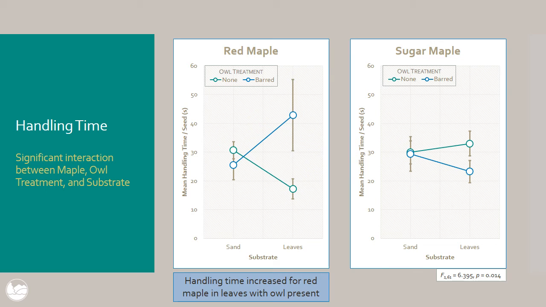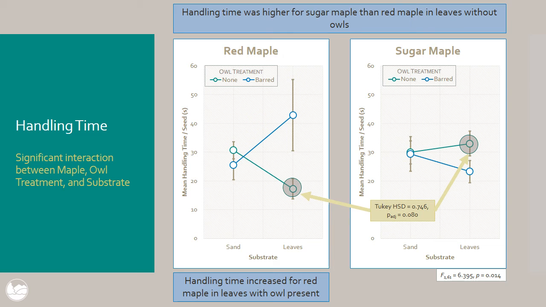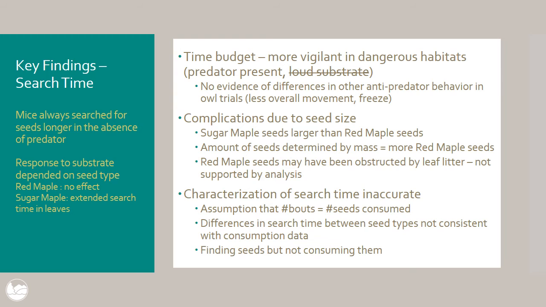There was actually no effect on handling time for sugar maple. The handling time was about the same regardless of the different predator cues. But in the leaves, the handling time was higher for sugar maple than red maple in the absence of owls. So key findings for search time was that mice always searched for seeds longer in the absence